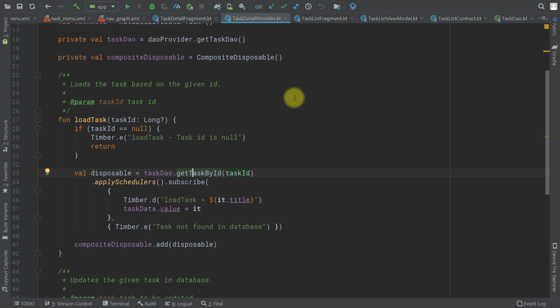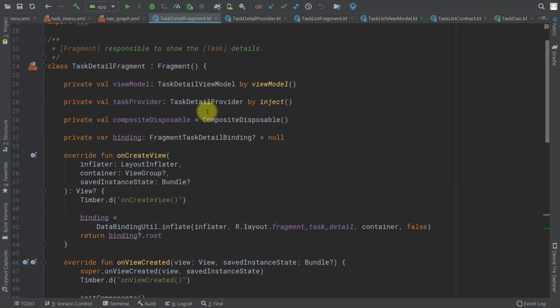But in real application, if you chose some specific approach, just stick to it. Even if you find that some other approach might be marginally better, or maybe you think that it's much better, don't start applying different approaches in your applications, because that will be really hard on all the people involved in the project. So I would say that this task details fragment, instead of using task provider, should